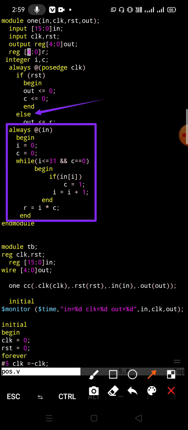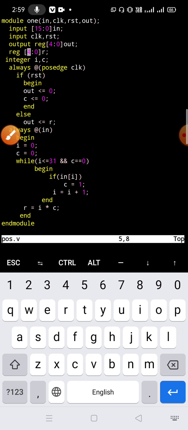Okay, see, up to this point this is sequential. After that, this block is the combinational always block. Inside the always block we are writing the definition for finding the R value. Initially we are taking both our I and C variables as 0, while I less than or equal to 31. Actually here that should not be 31, it should actually be 15, because it is our 16-bit number. Okay,